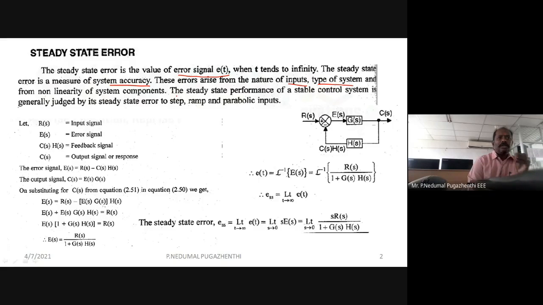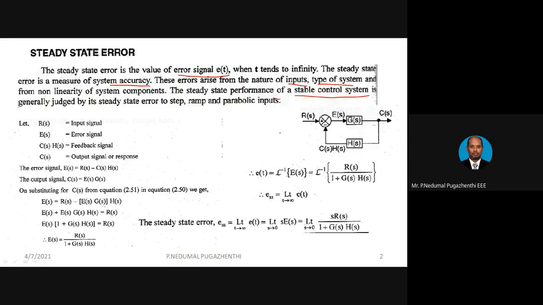Since we talk about accuracy, steady state performance also has an eye over another character of the system, called stability of the control system. As already said, the transient response mostly describes the speed of response of a system. The character we capture from the transient part is speed of response. The characters we capture from the steady state part are accuracy and stability. It concentrates on how accurate the system is, and the steady state performance also provides information about the stability of the system.